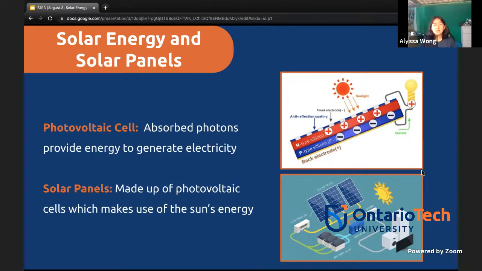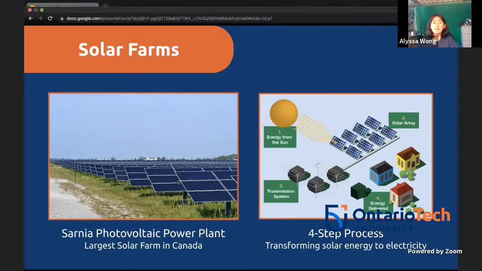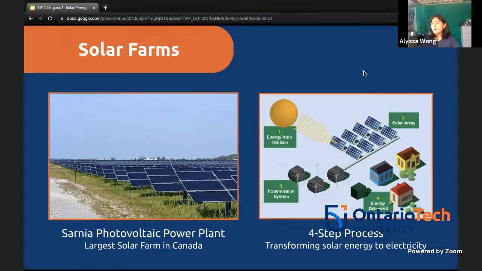Okay, cool. So if you've seen solar panels, that's great. There are a lot of places, if you go outside of Durham, if you go outside of Toronto, more so in the countryside, where you'll see a lot of these solar farms. This one is in Sarnia, which is also in Ontario, and it is the largest solar farm in Canada. I've never been there, but I've always wanted to go because I want to see how massive it is. It's quite cool to see all of these photovoltaic cells working together to create energy